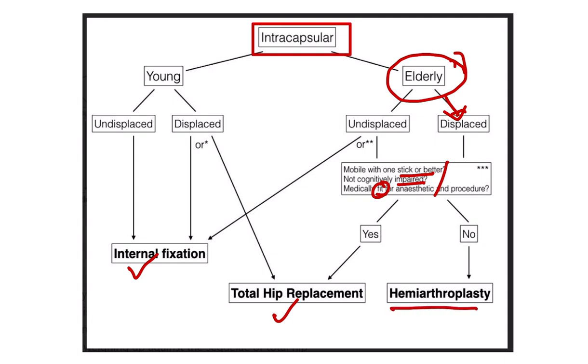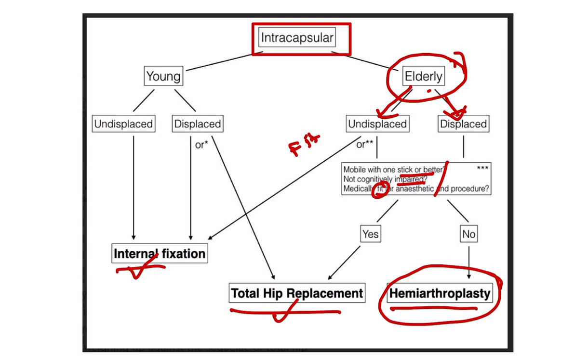In case of undisplaced fracture, there may be internal fixation or total hip replacement, but they have to be fit. In case of a sick patient, go directly for hemiarthroplasty, because